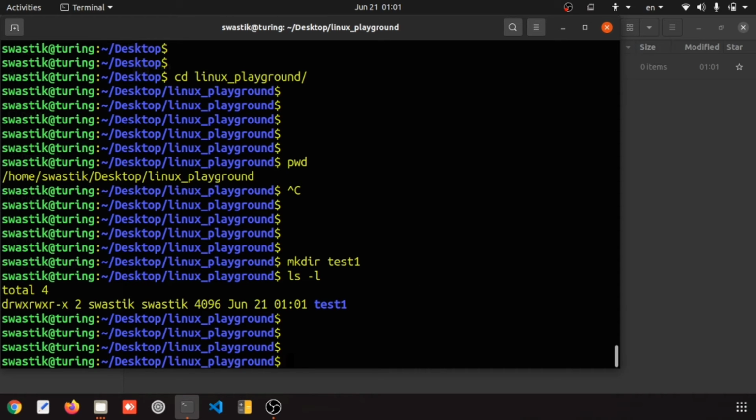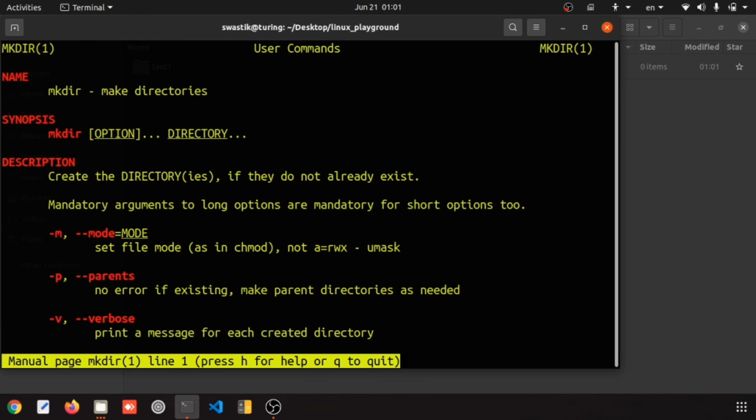We can also configure it. First check the manual of mkdir. It will tell us what mkdir does. This actually makes directories, as we know, and we have some parameters which we can pass. There is -m that sets the file mode.